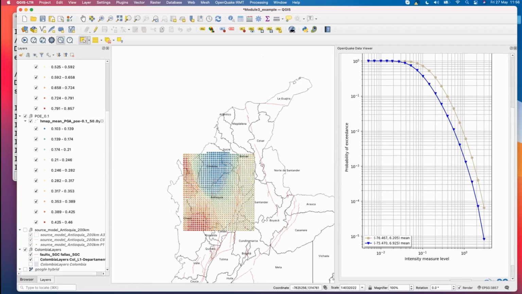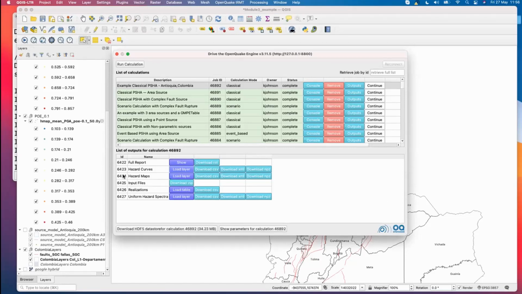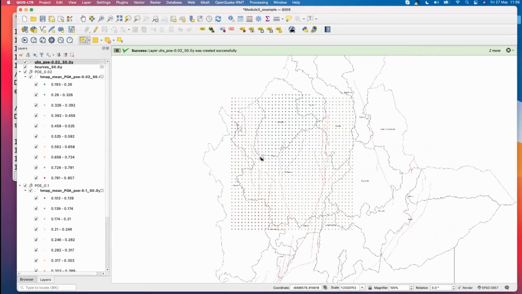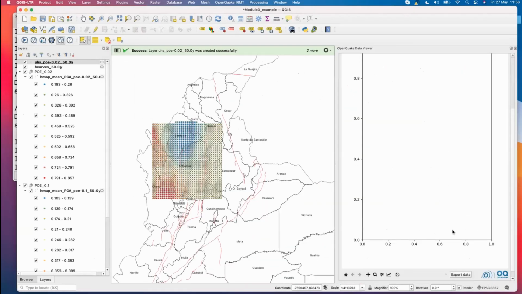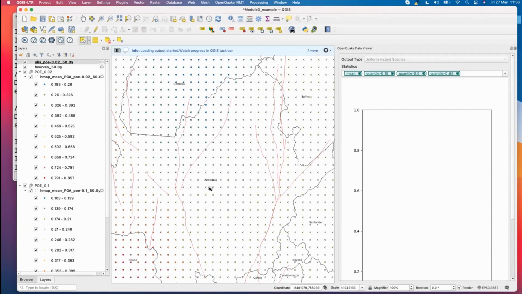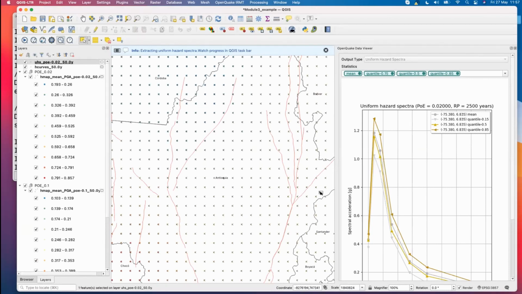So the last data type is the uniform hazard spectrum. And so let's go ahead and load that last output type, I'm sorry. And so back to the driver, load layer, and we'll look at for now the probability of exceedance of 2% in 50 years. Select OK. And this works much like the hazard curves for the viewer. We can zoom back in again to our site in Antioquia, and we can select one site. Each of the gray X's is one site, and we can